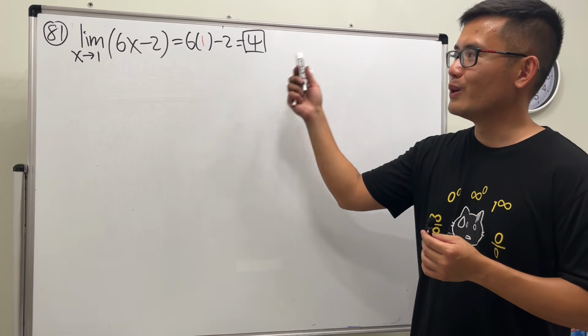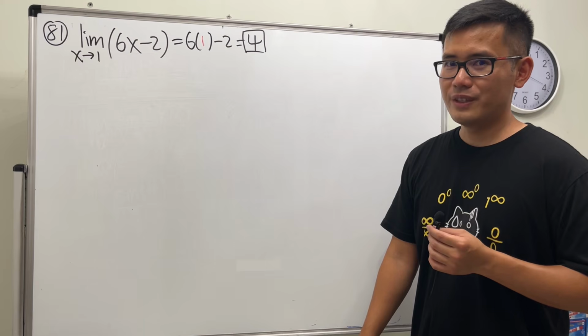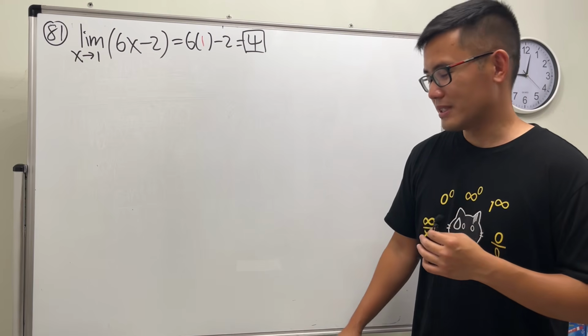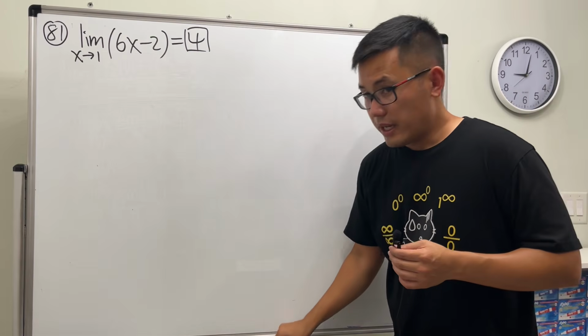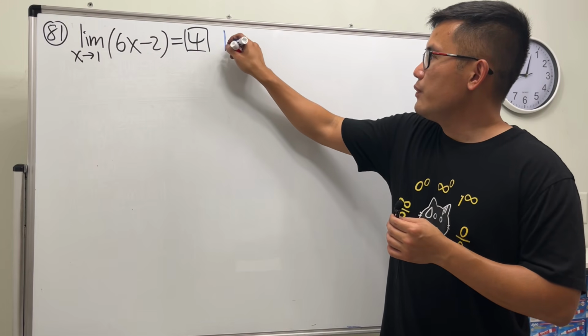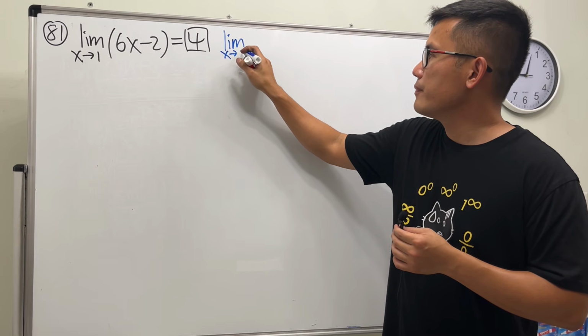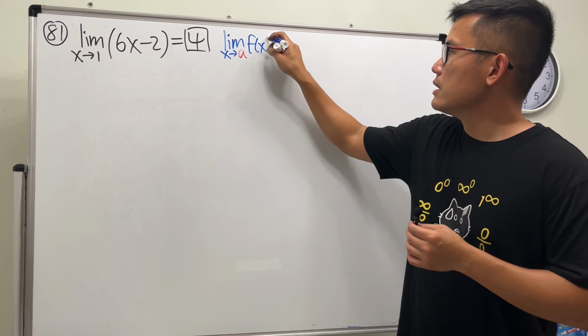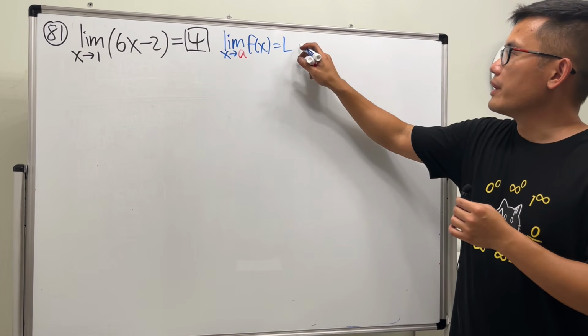But how do we know that this is actually true? Yes, we will have to prove it. How though? Just like what I mentioned earlier, the epsilon-delta definition. Okay, here's the deal. If we have the limit as x approaching some number a of some function f of x, if we do end up with some limit that's called L,